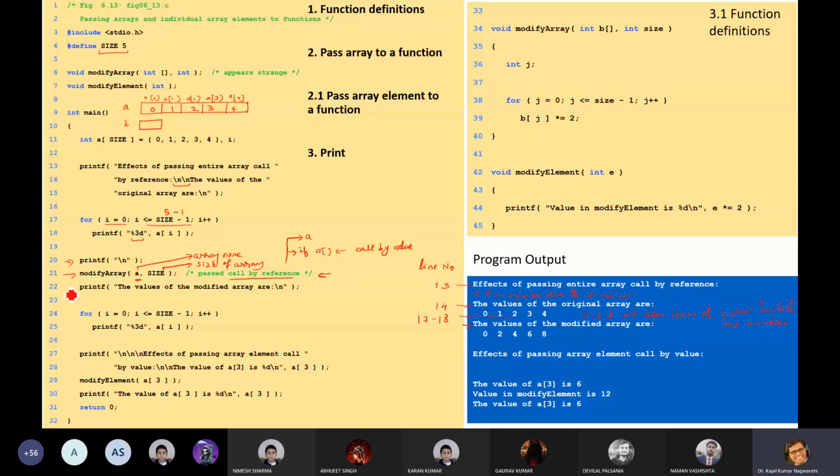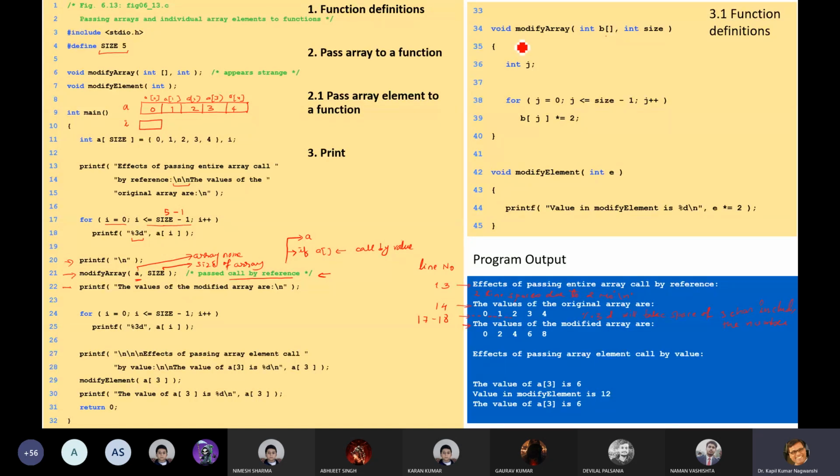Now come to the next. Printf, the values of modified array are. Before this, we need to go to this particular function. So what is written here? Modify array. We are calling it by using simply the array only. We need not go for the size, but here we need to declare it like this.